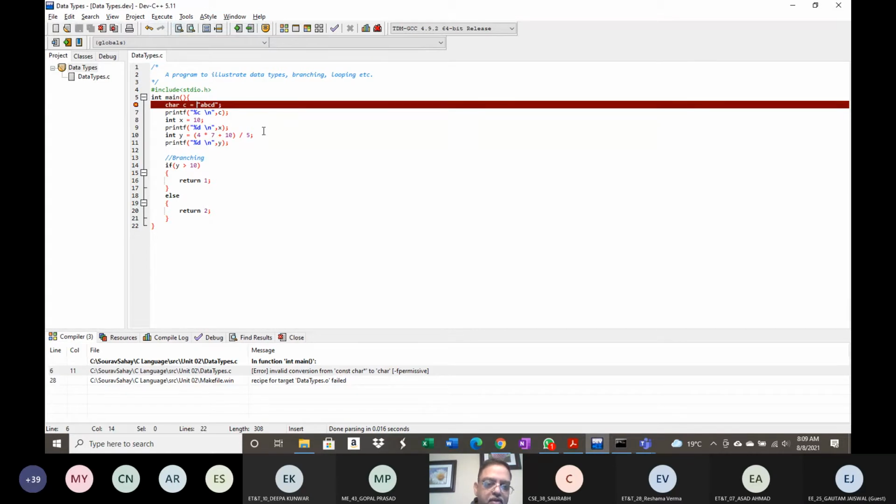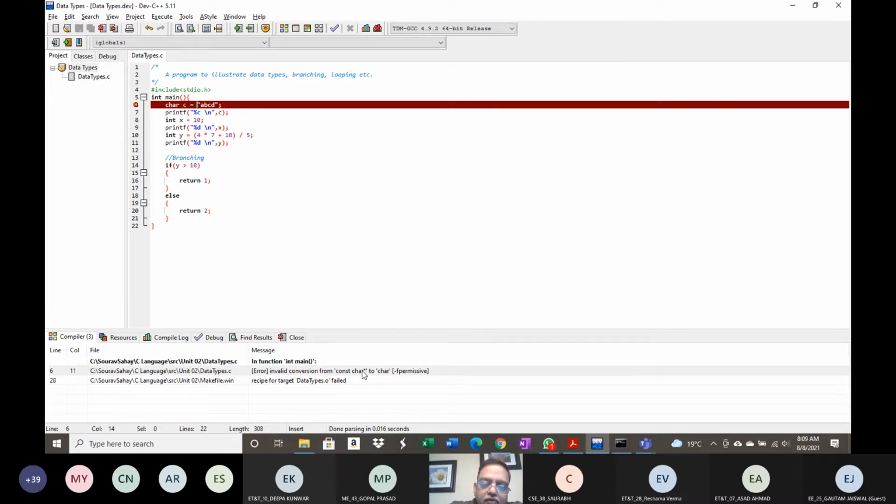I will get an error. This is a compile time error. Why? Because it cannot convert a char star, which is a pointer, and we will come to this. If you don't understand this at this point in time, that is fine. I will be going through this in great detail when we study the chapter on pointers. So you will see that this is a compile time error.